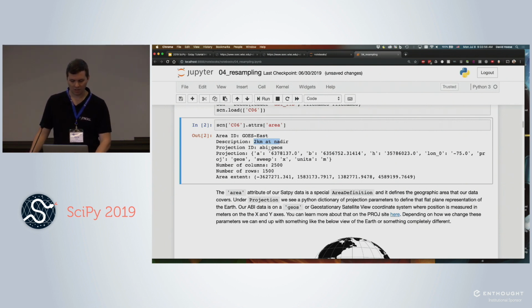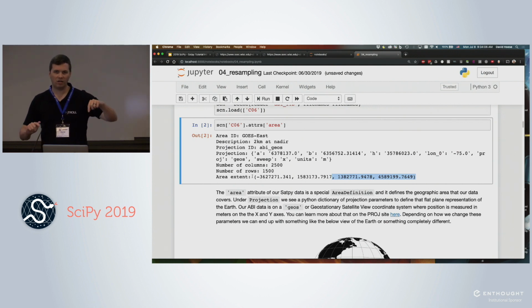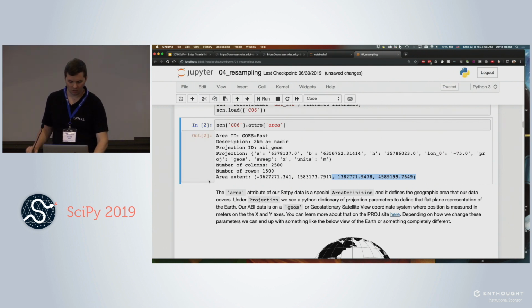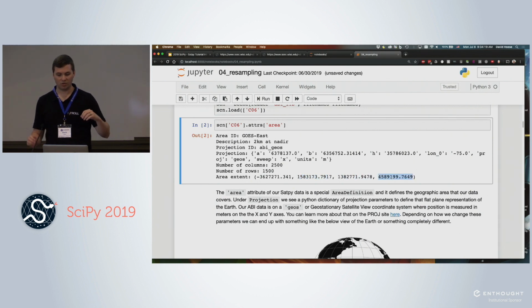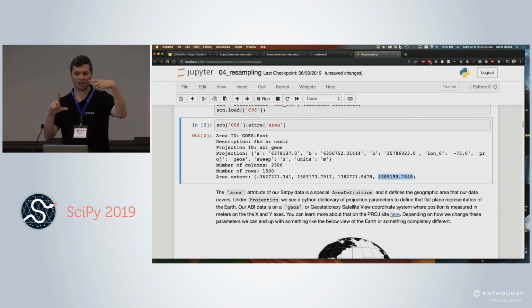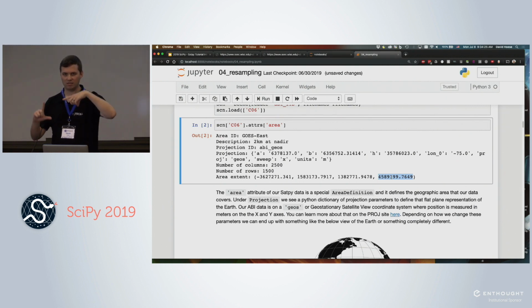So we have these names. We have things like how many pixels are there in columns and rows. We have this area extent. So this is saying where is this, so this is the leftmost coordinate of our square. This is the bottom of our square. This is the right side, and this is the top. So those are metered coordinates, so that's telling us where our square, our rectangle of data is in this